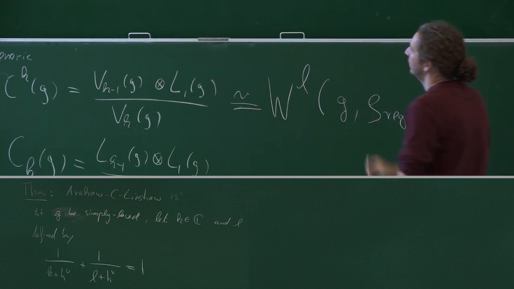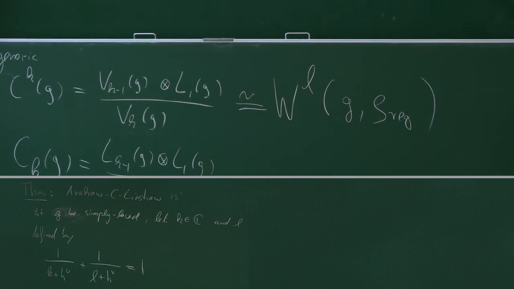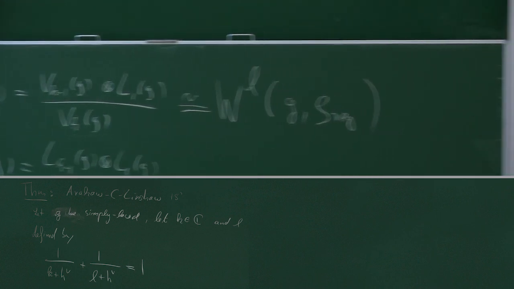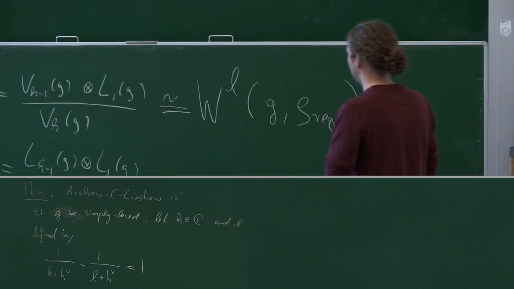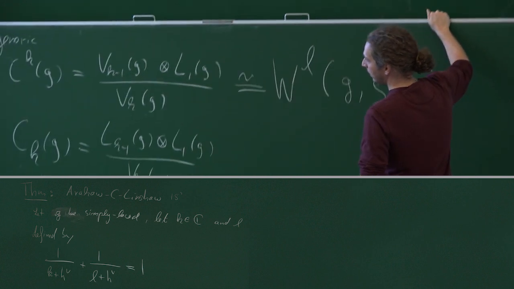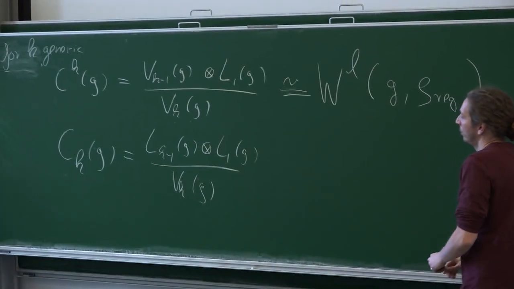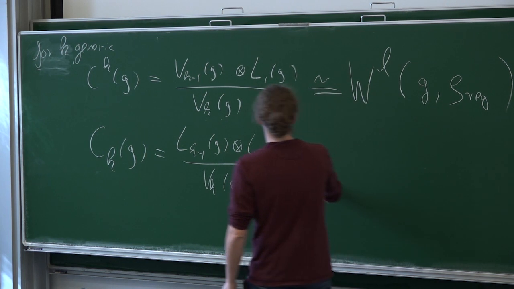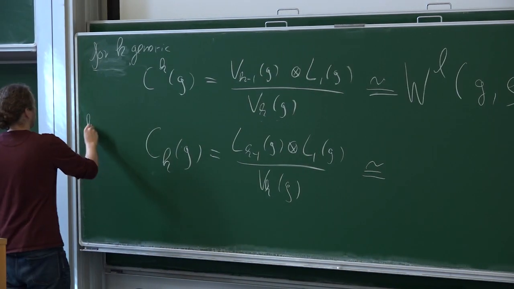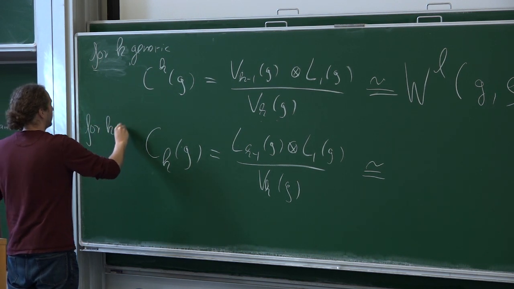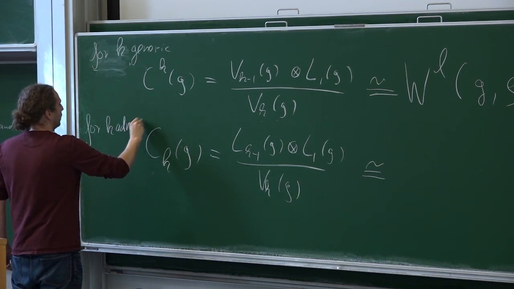I just represented in the example the regular embedding for SL_N. There's also a notion of a regular embedding for SO_2N and type E. And here for k admissible, I'll say in a moment what admissible means,